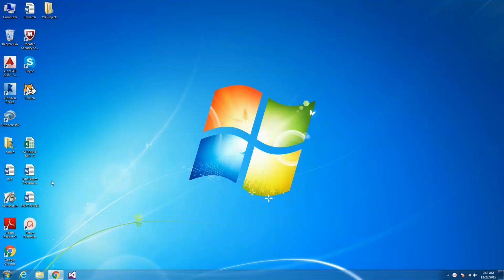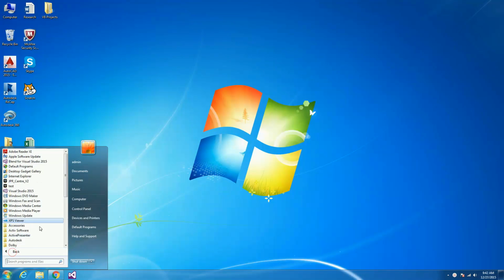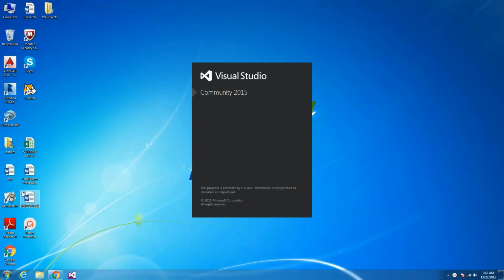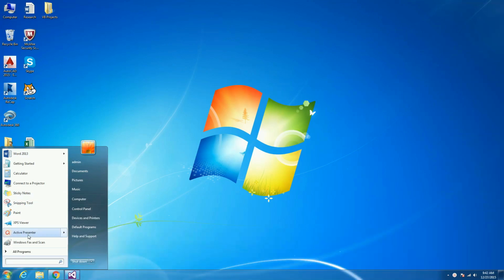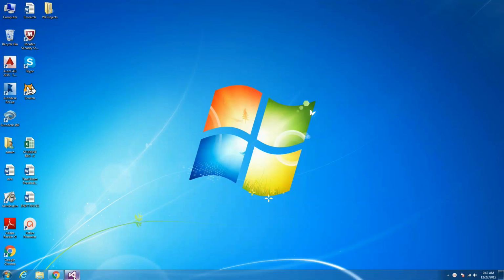Assalamu alaikum. Time to create this Visual Studio calculator for your exam. So I want you to click on all programs and then select Visual Studio 2015. Make sure it's Visual Studio 2015 and not the Blender version, not this one here. Okay,